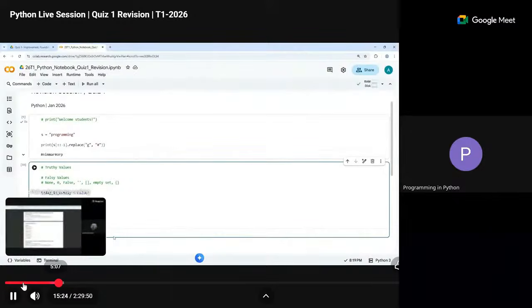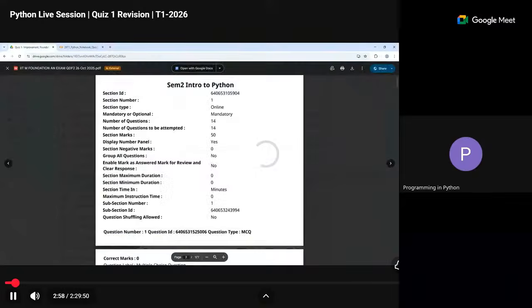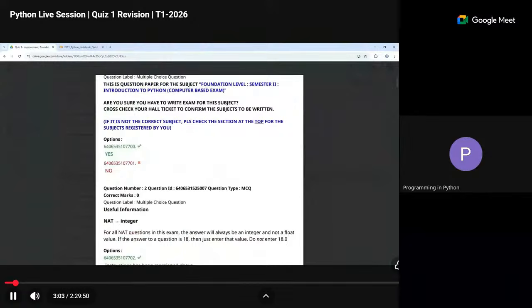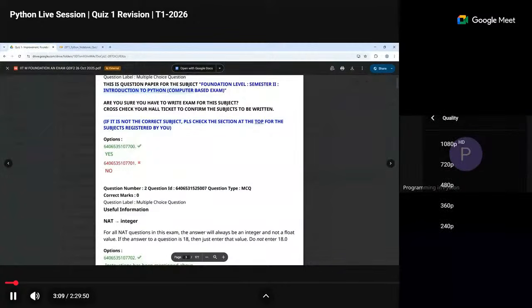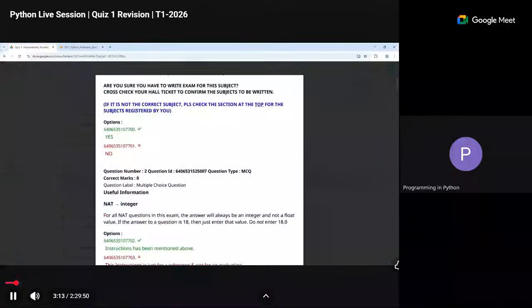But in some cases, we might as well add equal to true, and then of course it checks for equal to true. That is one part. And then of course you can also say equal to false. So this is the one. I think you have to select yes here. Essentially, it checks whether the subject is correct or not. So always make sure you check the subject code is accordingly selected and so on.